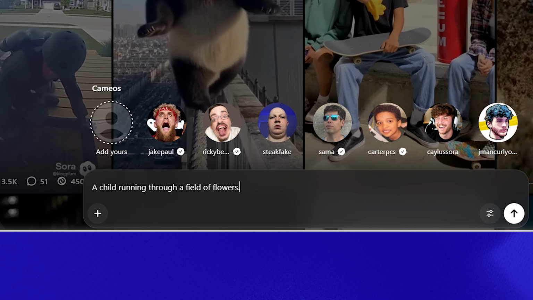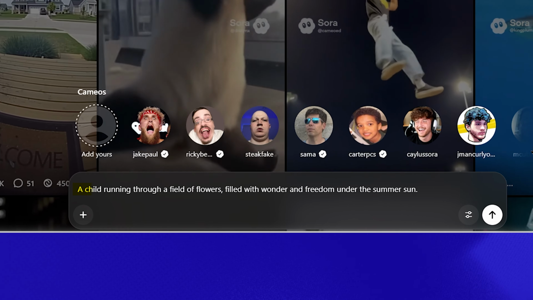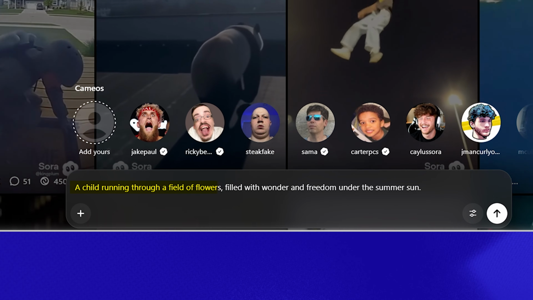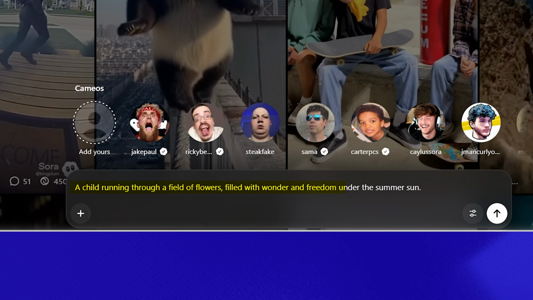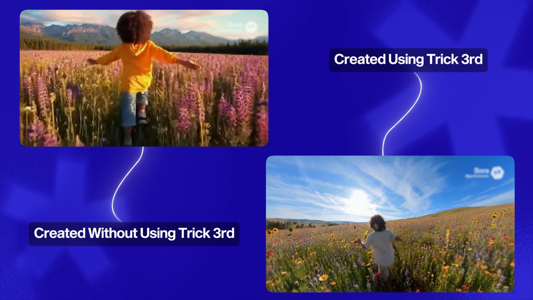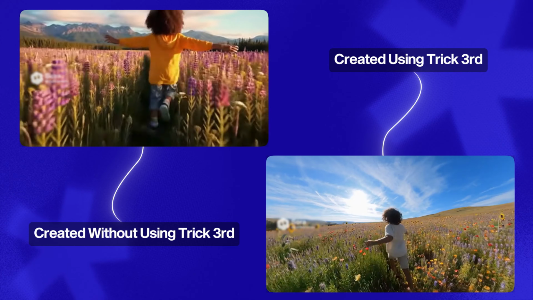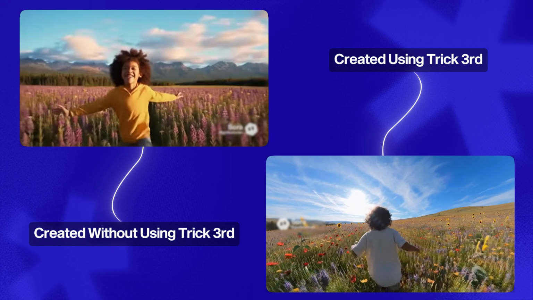Here's another quick example of this. A child running through a field of flowers. Nice, but kind of generic, right? And you might get lucky and Sora might create a really good scene for you. But watch what happens when we add some emotion. And so a child running through a field of flowers filled with wonder and freedom under the summer sun. And just look at the difference between these two scenes, and you be the judge of which one you think